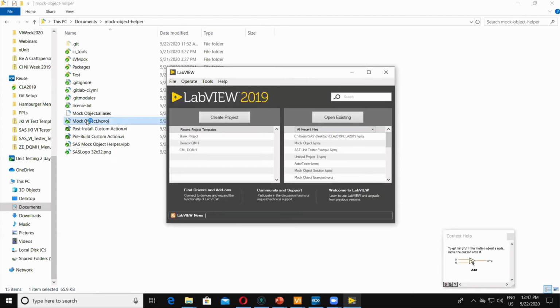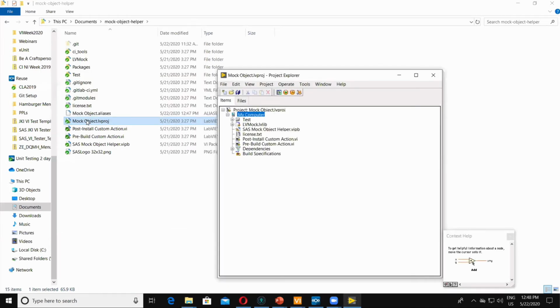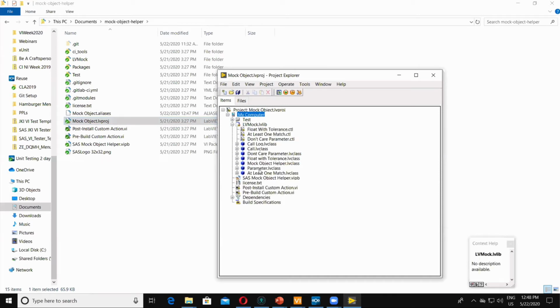So kind of in the design of all this, the first thing I thought was, okay, I'm going to create all these mock objects. They're all going to have to keep track of which calls were made and what parameters were passed. So I thought, well, let me start out by making a class that just does that. And then all of my mock objects can just own a copy of that class, right? So I could use composition to have all my mock objects be able to keep track of everything. And so I start out with this mock object helper.